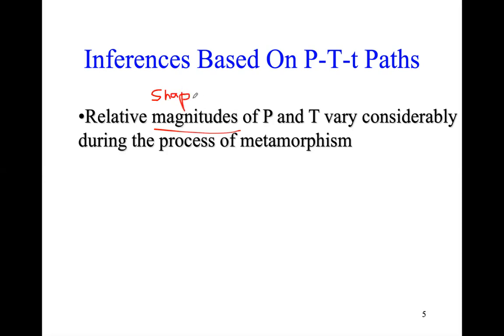So when we consider different rocks, or different terrains rather, we can construct different PTT paths, because the rocks in a terrain represent various conditions of pressure and temperature at different crustal depths. For example, the Highland Complex, Vijayan Complex, Wanni Complex, or Kadugannawa Complex have different histories. They must have different histories because the rocks belonging to these units have